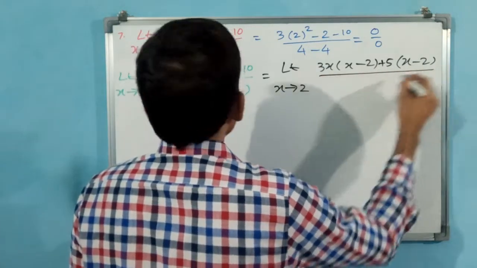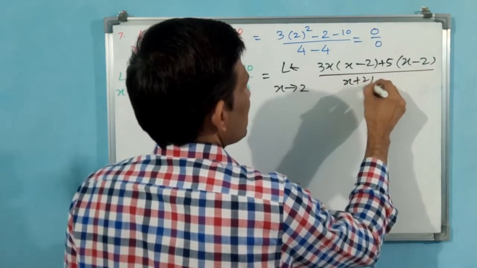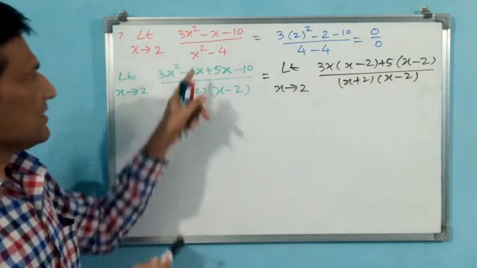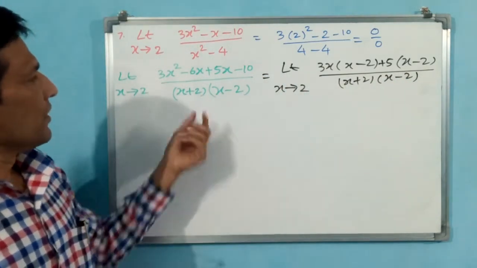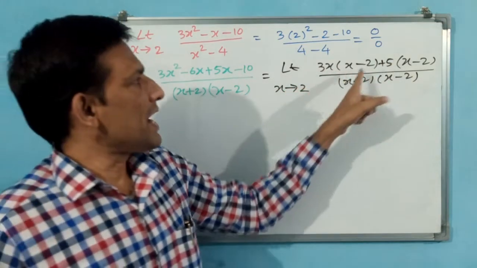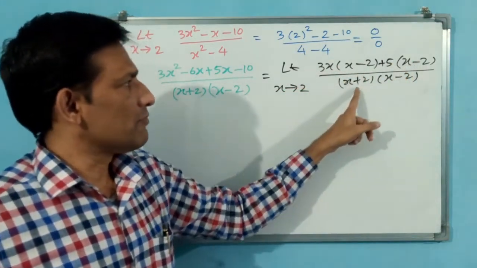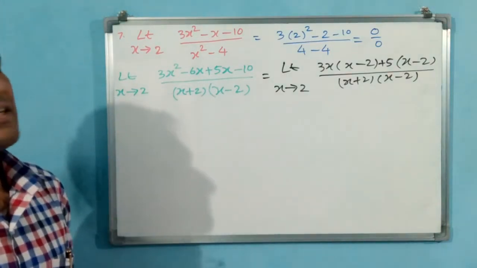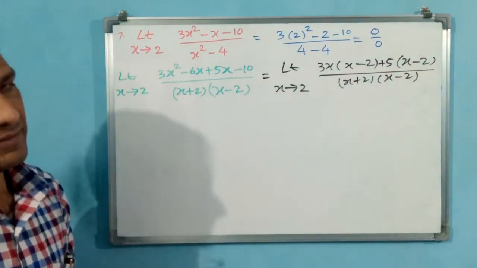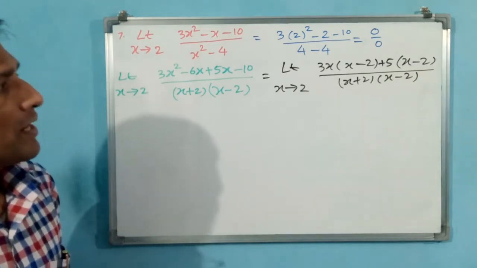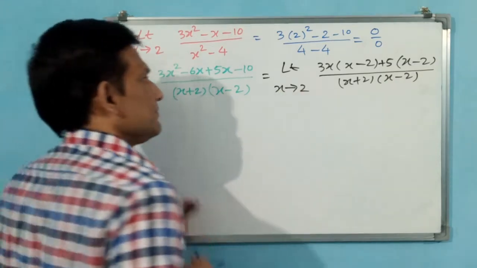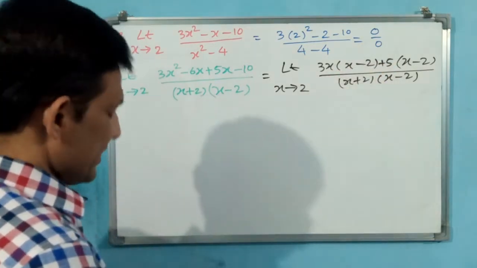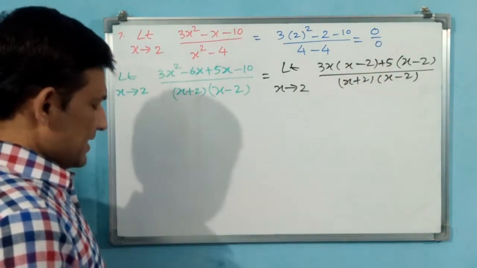Okay, over. Now you do x plus 2 into x minus 2. While doing such cases, normally either x plus 2 or x minus 2 should come. Why? Because one has to be cancelled, or else we can think that we are doing something wrong. Now x minus 2 cancels. Not yet, we have to separate it first. Let us finalize first.